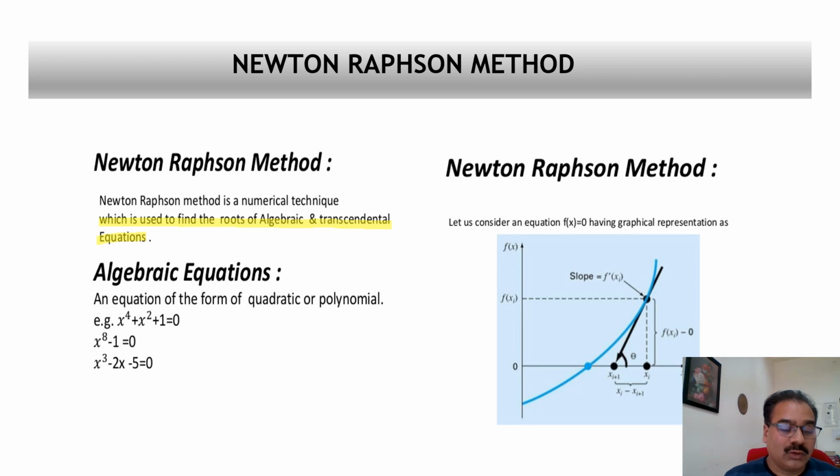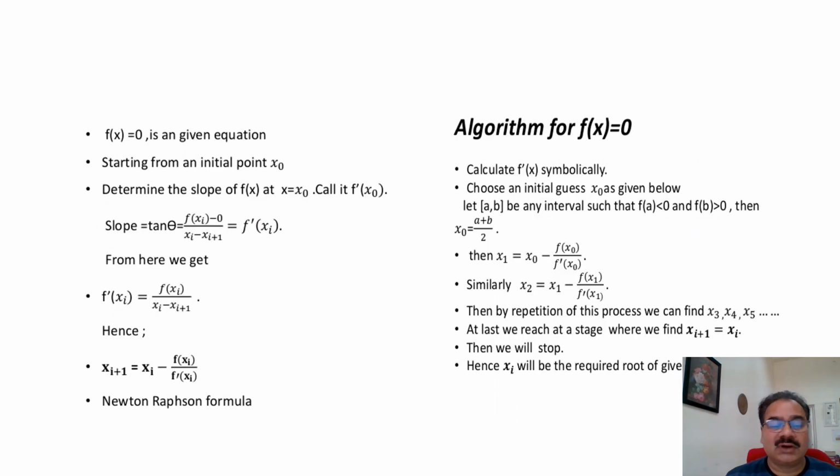iteration. Algebraic equation, you know very well what an algebraic equation is and what a transcendental equation is. If trigonometric, logarithmic functions are associated with x in the algebraic equation, then that is called a transcendental equation, or inverse circular and trigonometric, exponential, logarithmic. Then what is the Newton-Raphson method? Let us look